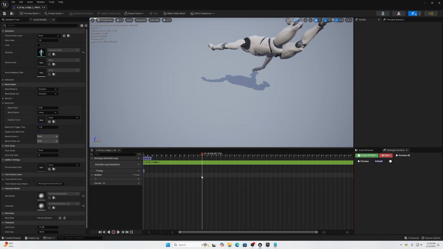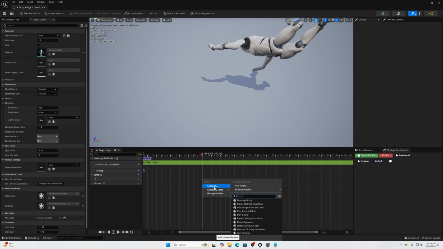The reason being is because it can actually cause a bit of an issue with rotation, because of the way that the motion warping is going to try to adjust the rotation of the actor to match the rotation that he's supposed to be facing. Because the root motion is not going to match this, it's going to cause some weird issues. So the best thing to do is wait until he's facing the direction, or within a reasonable facing direction, of where you want to be, and then we're going to add notify